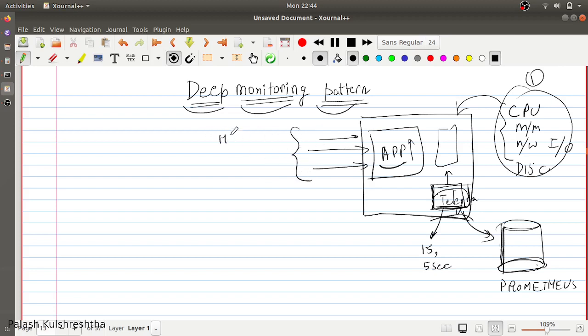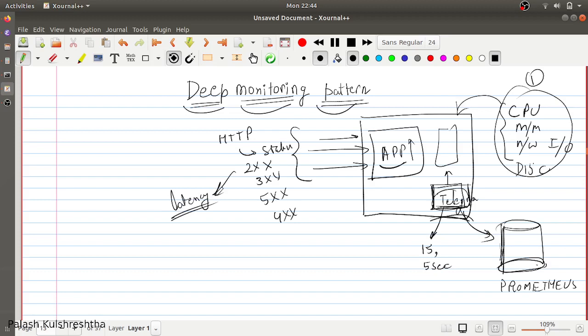For that, you will need HTTP level monitoring, HTTP status codes, right? 2xx, 3xx, 4xx, 5xx. Besides that, you will need latency metrics as well. So these are very basic level monitoring things that you need to collect.